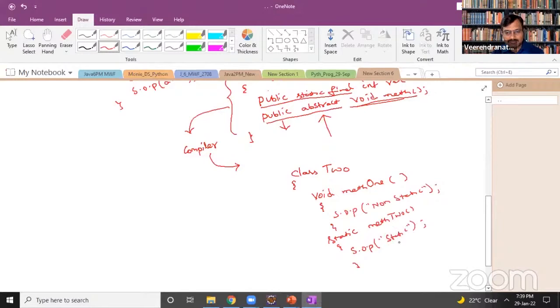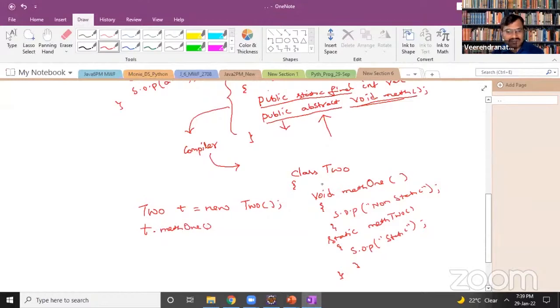So what literally happens whenever you call them? How do we need to call them? 2 t is equal to new 2. We create the object in this way. Then we can say t dot method 1.